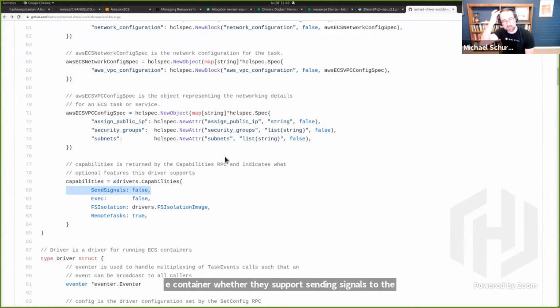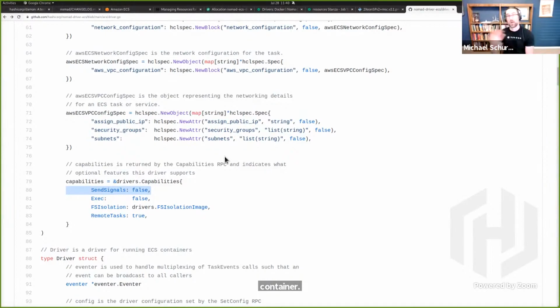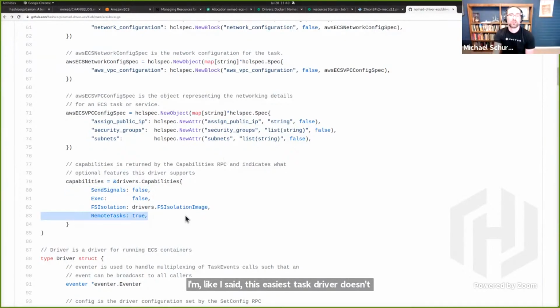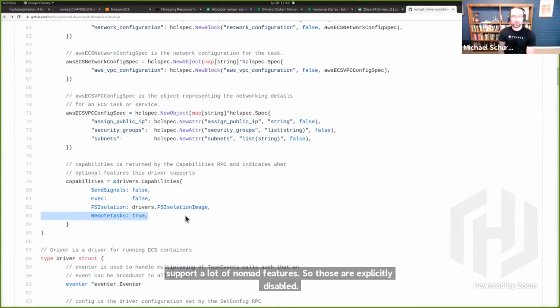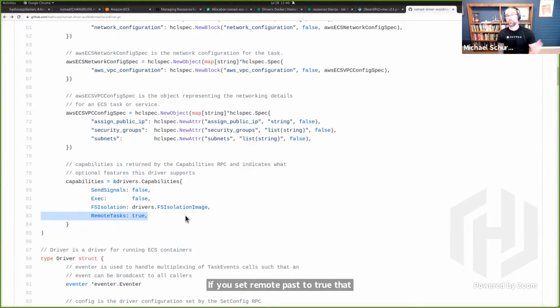Like I said, this ECS task driver doesn't support a lot of Nomad features, so those are explicitly disabled. If you set remote tasks to true, that's what tells Nomad to support that detached signal. Make sure to propagate my task state to replacement allocations. This is what really enables all of the remote task driver specific functionality.